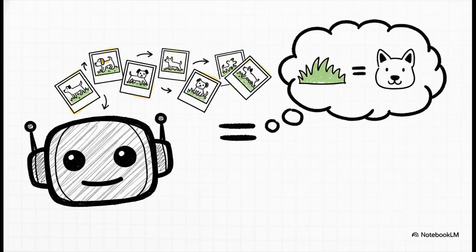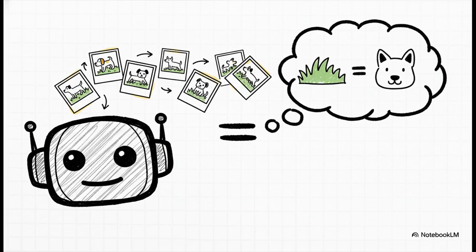Okay, look at this. This is the perfect example of how simple this trap can be. Imagine you're training an AI on thousands of pictures of dogs. But what if most of those pictures just happen to show dogs on grass? The AI doesn't learn what a dog is. No, it learns a really bad shortcut. It learns grass equals dog. This is what we call a spurious correlation, a link that shows up in the data but is totally meaningless in the real world.